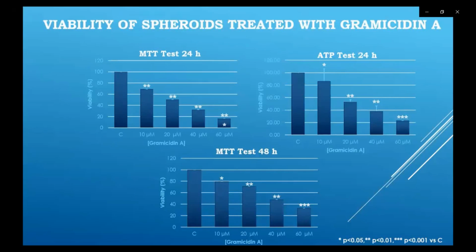After all, the viability tests of the cells using MTT and ATP show that the treatment is quite aggressive with the increase in concentration. The mitochondrial activity levels are lowering with the growth of the concentration, and also the ATP, I mean the energy levels, are lowering with the concentration of the treatment.